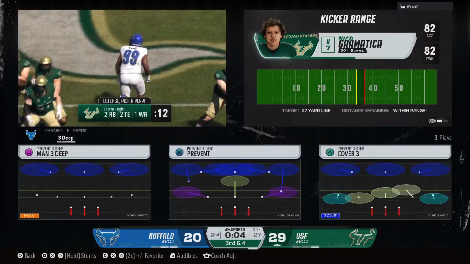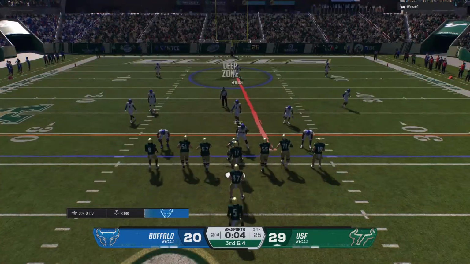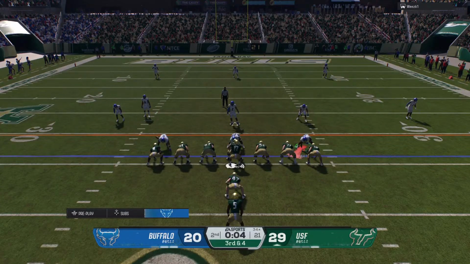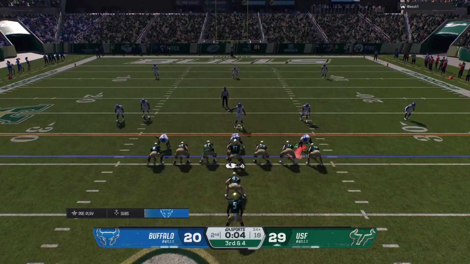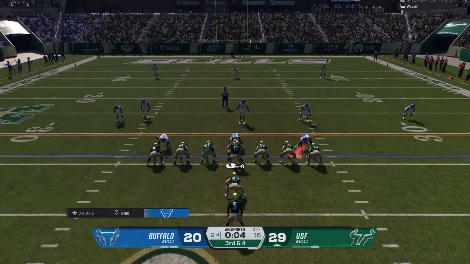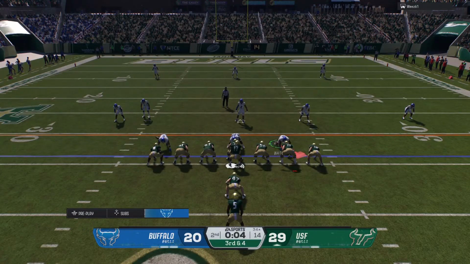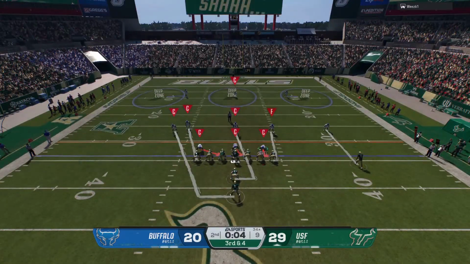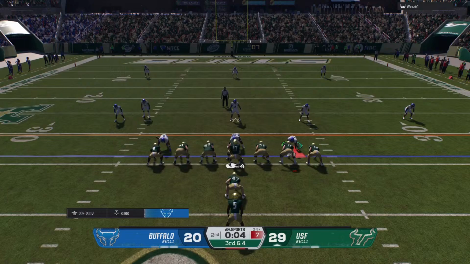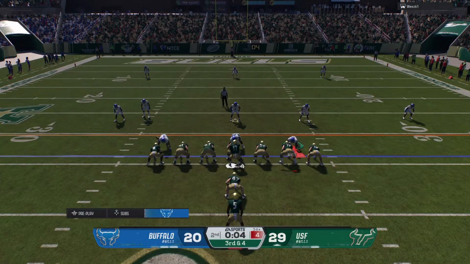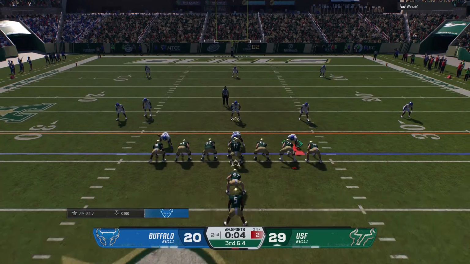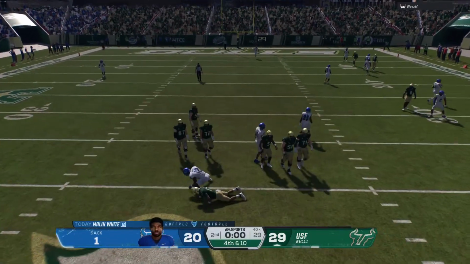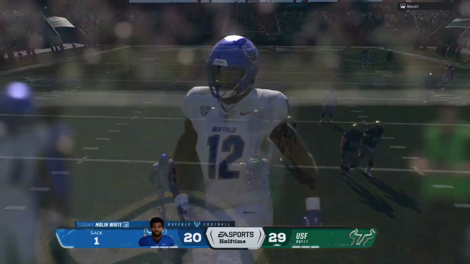This QB has been so comfortable all day long. Obviously having a ton of success. You've got to affect him. You got to put some hits on him, those body blows, so you can make him wear out and physically feel you. This is the first time really getting to him. This defense needed this bad. Brown will throw it. Can't find a man, and he'll be knocked down at the 40.